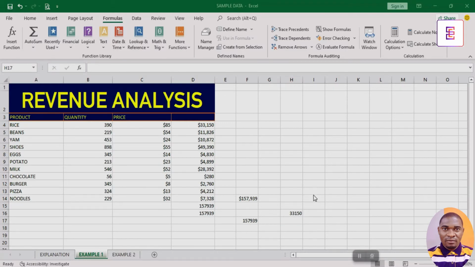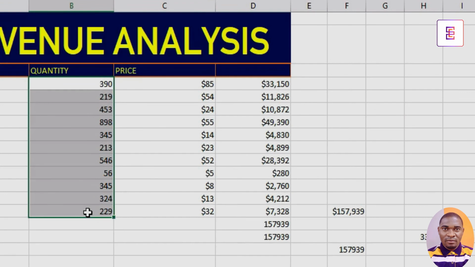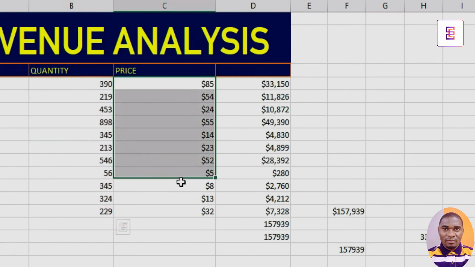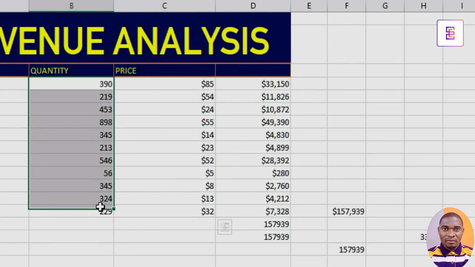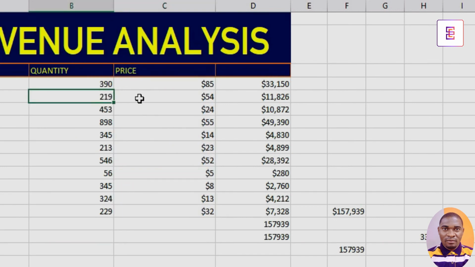Okay guys, coming down to the do's and don'ts of the Sumproduct function. This is it, very simple. Make sure your number of rows in the first array is the same with the number of rows in the second array. So this is it. The number of rows in quantity, which is our first array, is also the same with the number of rows in our second array, which is price. It makes it easier for this to multiply this, to multiply this, to multiply this,